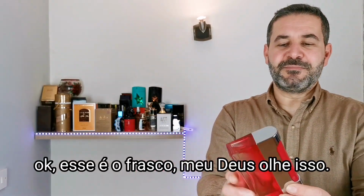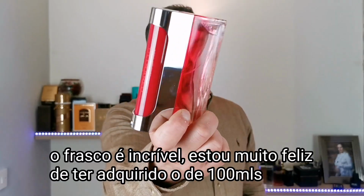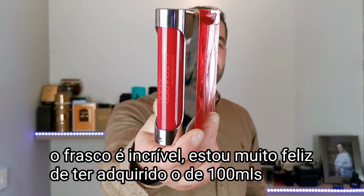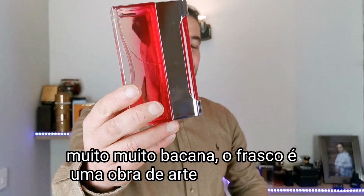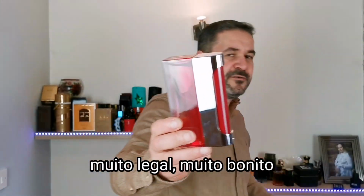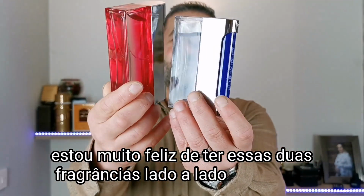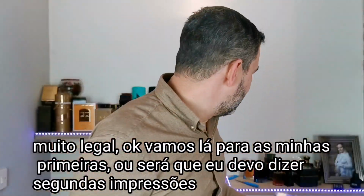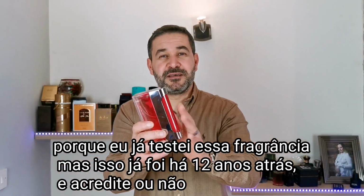Okay, this is the bottle. Oh my god, look at that. That is amazing. I'm so happy I got the 100 ml bottle. Really nice. The bottle is a work of art. Really beautiful. I'm so happy to have the two fragrances side by side. Okay, let's go for my first, or should I say second impressions, because I actually tested this fragrance,